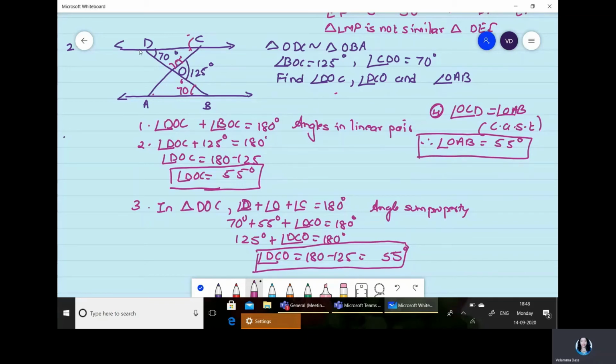As I said, we can use the parallel line concept, but first we have to prove that the lines are parallel, as it is not given. Once we take the parallel line, we can use alternate angles, and then after finding the linear pair, here also we can use the linear pair property. We can find out what this angle is. Once we find this, we can find angle A, and then again use the alternate angle property. Anyhow, the answer will come the same. There are many ways of doing the sum.